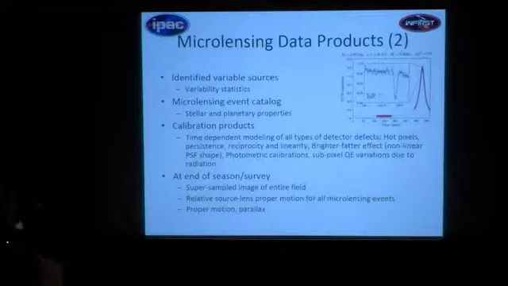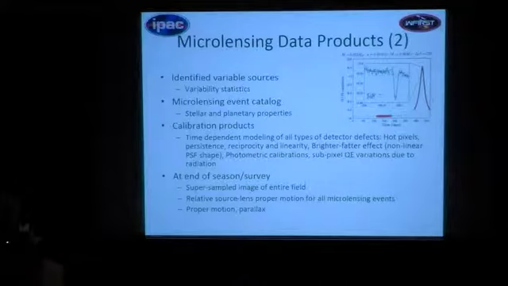Then there'll be another catalog just for the variable sources, and that's what the SIT can use to look for microlensing events and generate the microlensing event catalog. The other thing that's unique about the microlensing survey is that because it's going to sit on these same fields for so long, these are by far the deepest images that any of the WFIRST surveys are going to do. There are other cosmology-related surveys that you probably know about, but those are much wider surveys. And so the calibration products derived from this data are likely to be the best available for WFIRST.